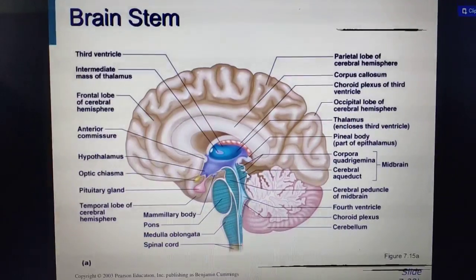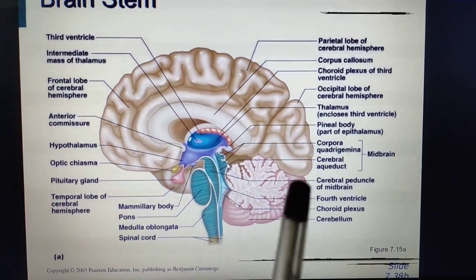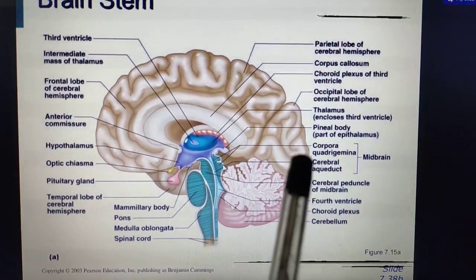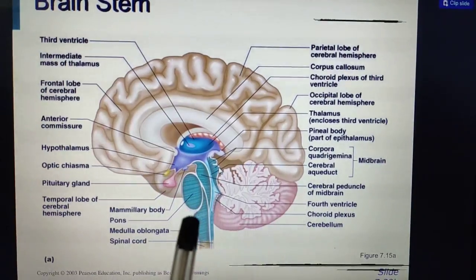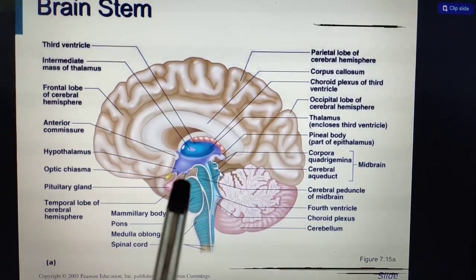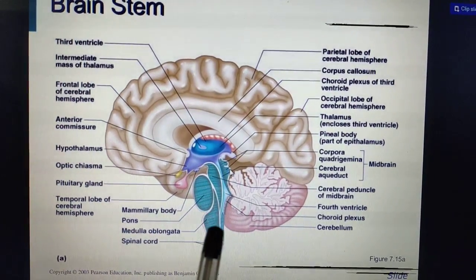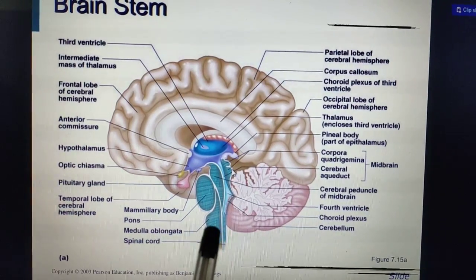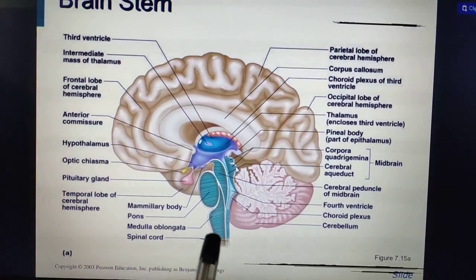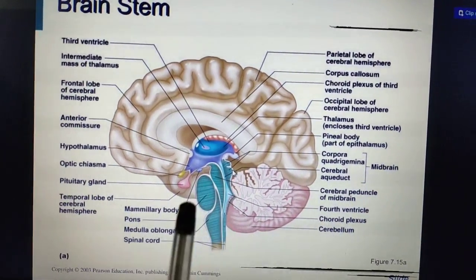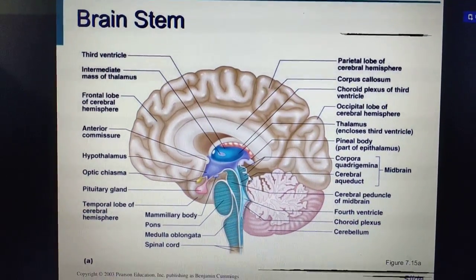See, I will show you. Have you found the midbrain? Where is the midbrain there? See, this is the midbrain. After that, we see a round, bulging point that we call the pons. The continuation of this pons, there we have another structure that we call the medulla oblongata. Then it continues as the spinal cord. Understood? You can see here the midbrain, pons, and medulla oblongata. Together we say brain stem.